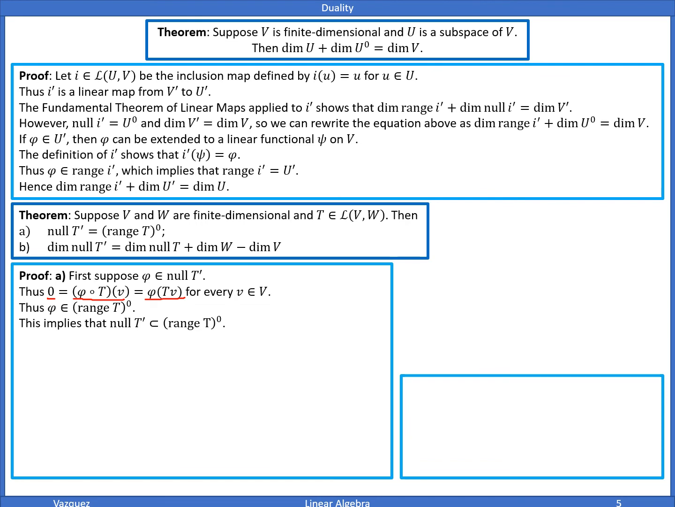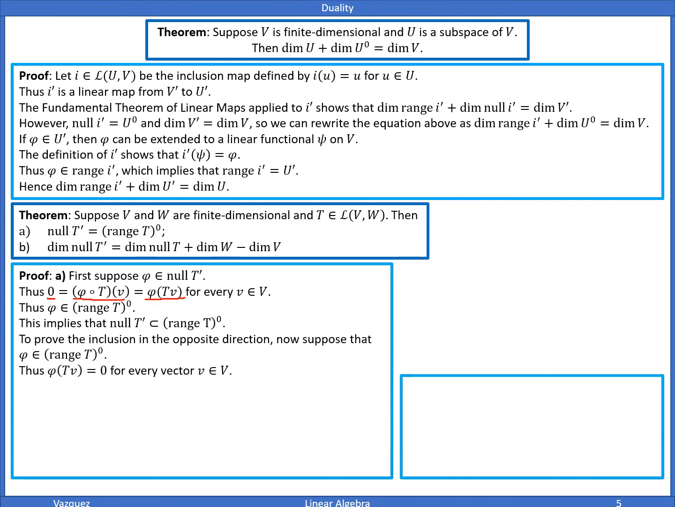Therefore, the null space of the dual map T prime is indeed in the annihilator of the range of T. Now to show the other side, suppose that phi is in the annihilator of range of T. Well, then phi of Tv is equal to 0 for every vector v in vector space V. Therefore, again, applying the definition,